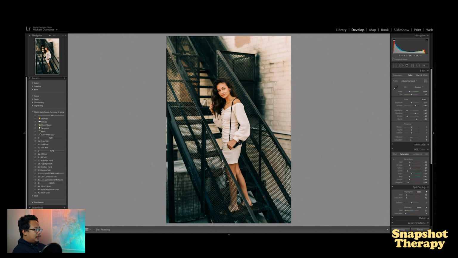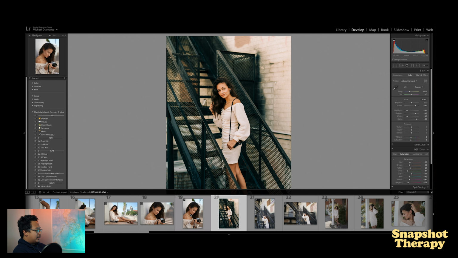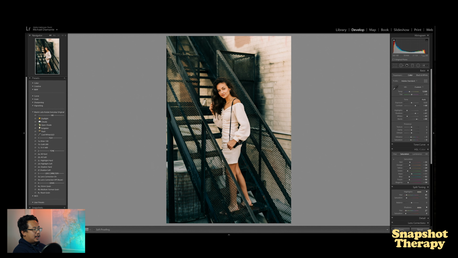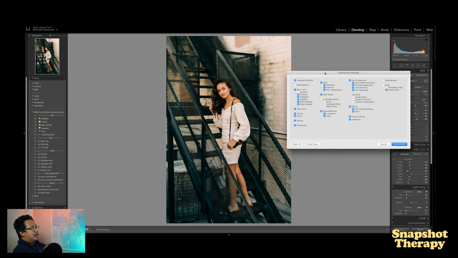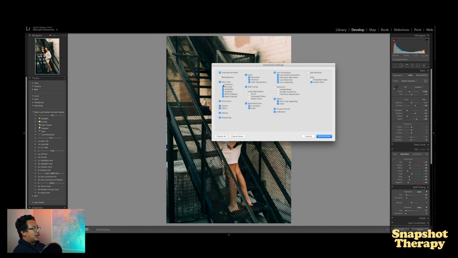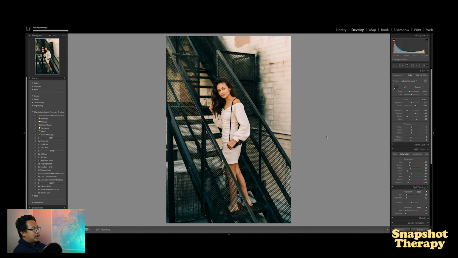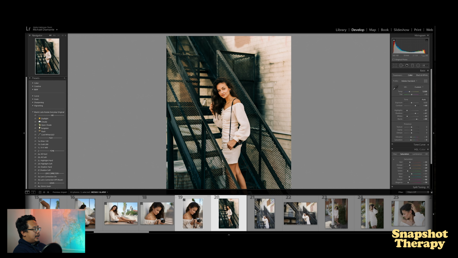So the next thing that I'm gonna do, I'm gonna go ahead and select the photo right next to it. I'm gonna go ahead and sync the settings, and we are gonna not sync the white balance this time around. We'll tweak the white balance. It's different lighting sources, and I'm not gonna sync the exposure. So I'm gonna go ahead and sync that,